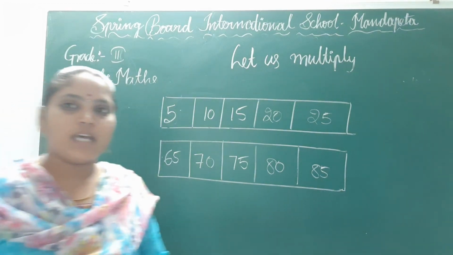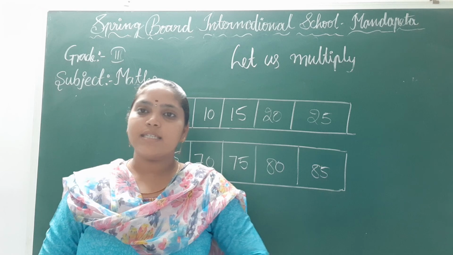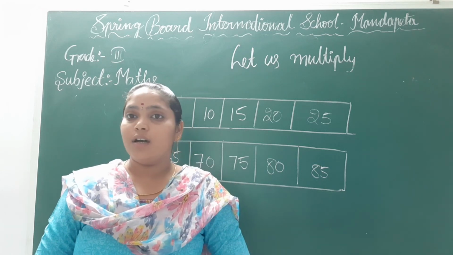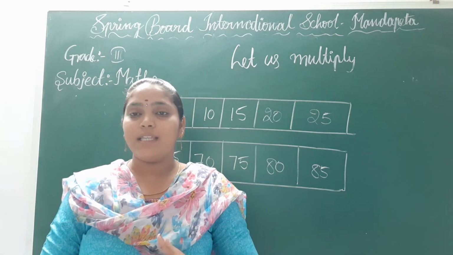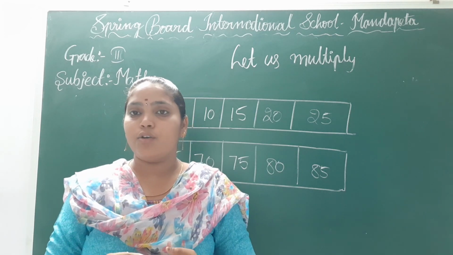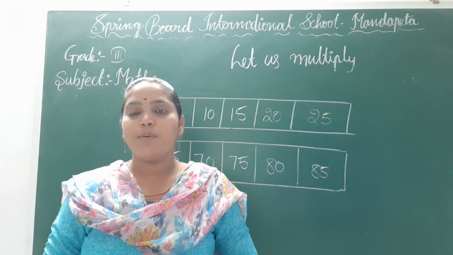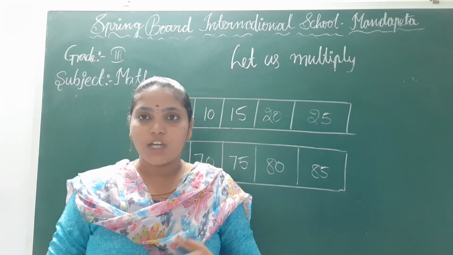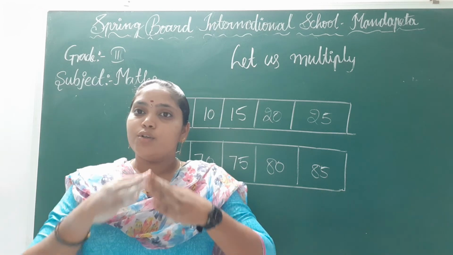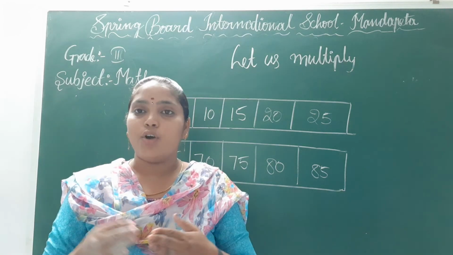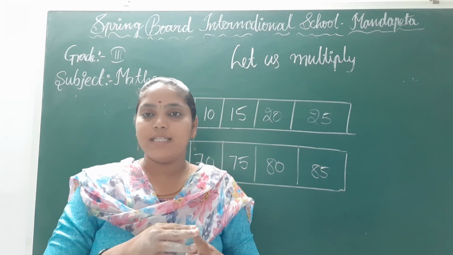Okay, children, so this is about today's class. In this class, which topic did we discuss? In this class we learned the numbers with groups. For example, here the numbers are given in equal groups, which means skip counting is possible. When is skip counting possible? Only when there are equal groups of objects is skip counting possible. Two groups of 3 means totally 2 groups and each group has 3.